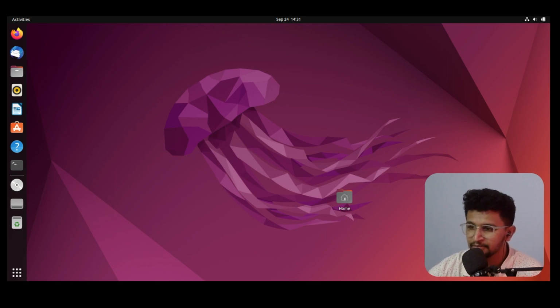Okay. Now you just installed Ubuntu and don't know what to do. Okay, so you came to the right place. Whenever you install Ubuntu, the first thing you need to do is update